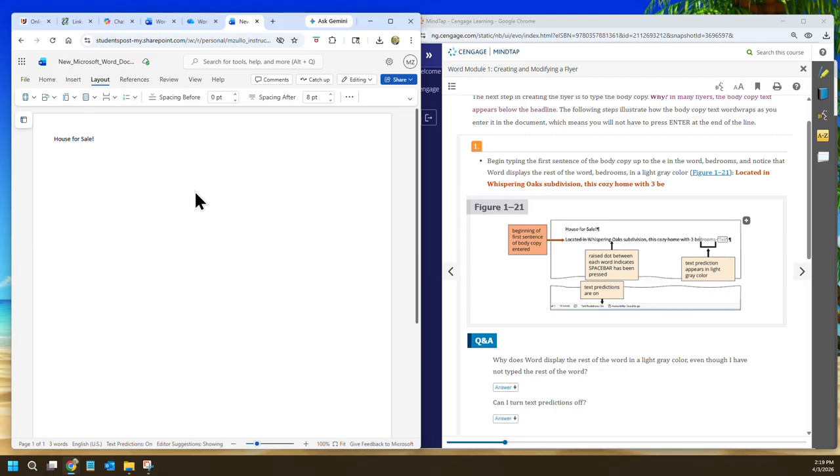So here's what it says. Located in Whispering Oaks subdivision. Located in Whispering Oaks subdivision. This cozy, cozy spelled wrong, home with three,